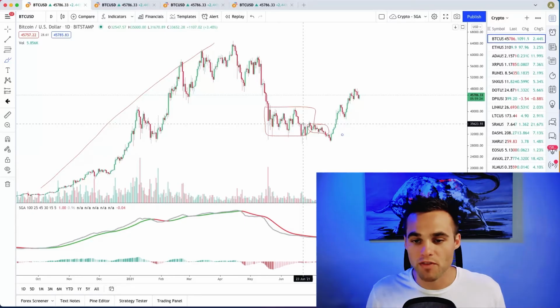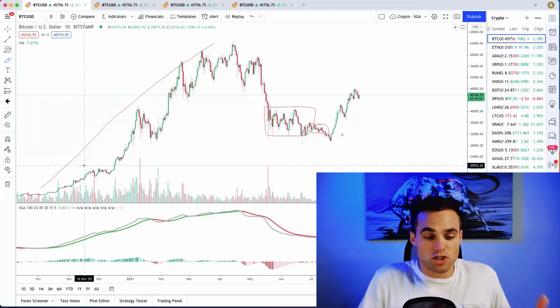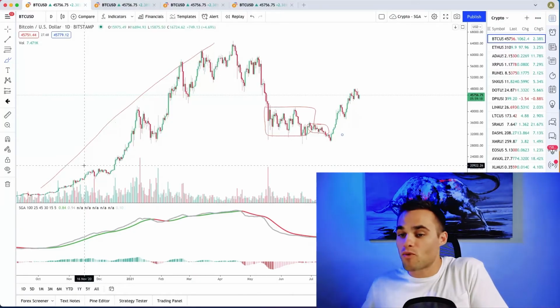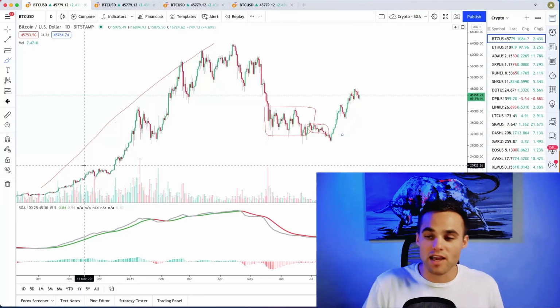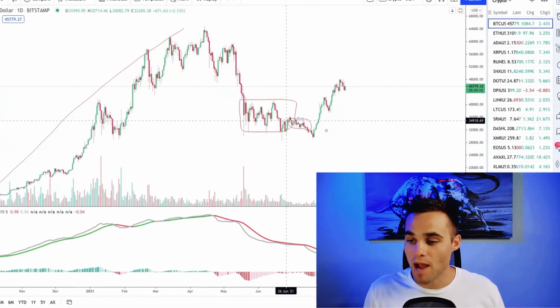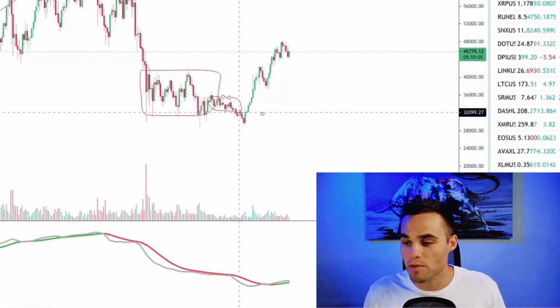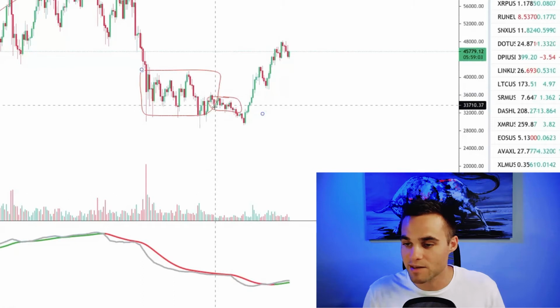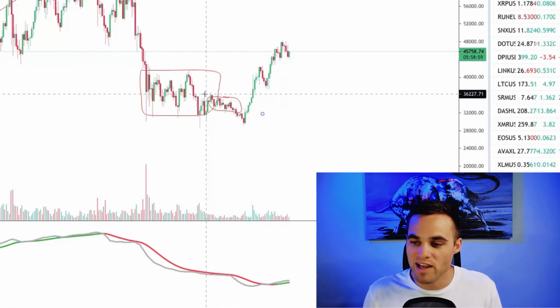Now, the thing to understand about the market phases is the market will always go from trending to ranging, and then from ranging to trending, and then from trending to ranging, and ranging to trending. And it consistently goes back and forth. Generally, a ranging market and a choppy market are kind of similar in a sense. A choppy market is just a smaller, really tight range, I would say.